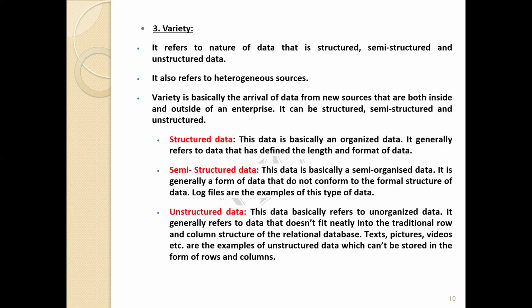For example, structured data can be databases that are managed properly, for instance the database of a student that is created by the tutor of that class. And semi-structured data is something like when we note some details in our tutor's notebook, right?